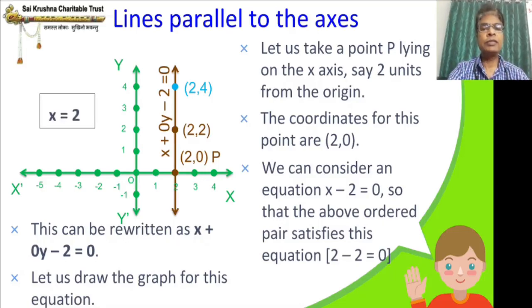Okay, here itself. Now the equation is x equal to 2. When the equation is x equal to 2, you can see the line. This line is parallel to the y-axis. Are you able to see that? Because at any point, wherever you measure between the y-axis and this brown line, it is always 2 units. Right? Okay, so we will see what is there next.